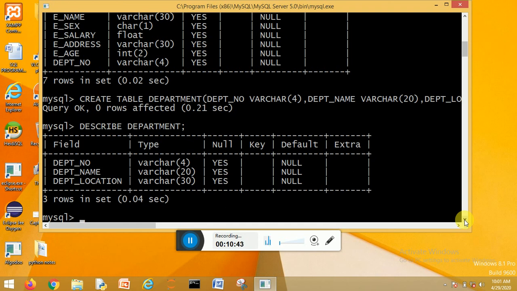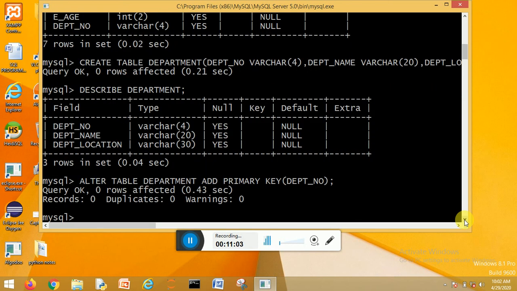So to change the structure of the table, I will use the query alter table department add primary key, and I have to assign the primary key to dept number, right?